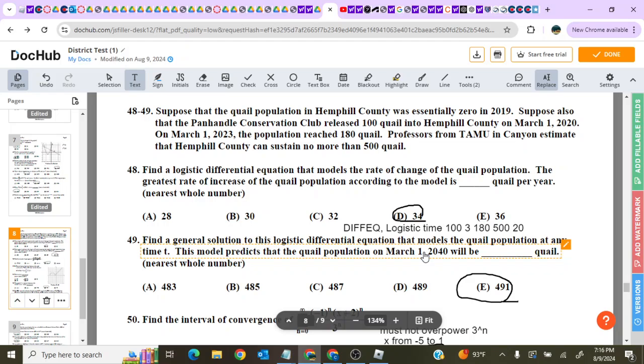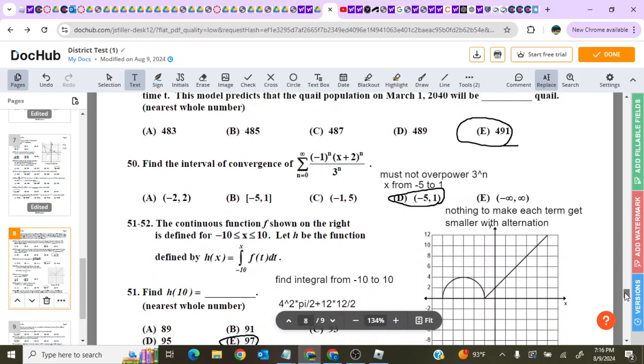And if you do that, you'll get 491 quails predicted, and a maximum rate of increase shown at 34. So find